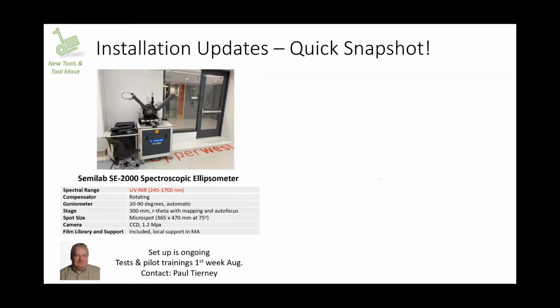And I will take it from here. The installation updates on the new tools and the future tools. The most recent addition is a semi-lab spectroscopic ellipsometer, a wide range UV to near-IR